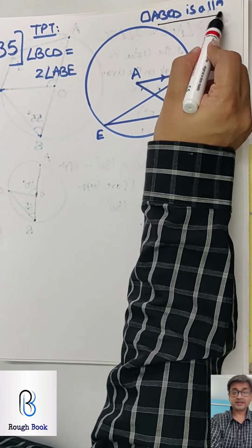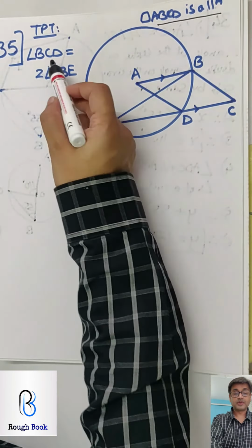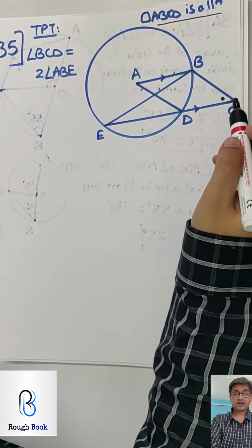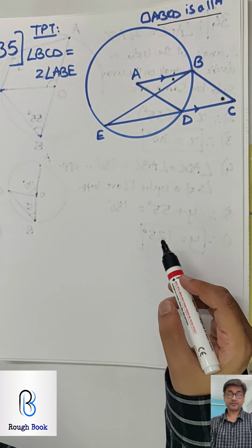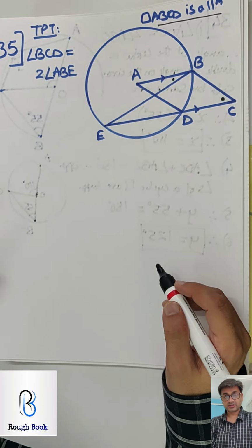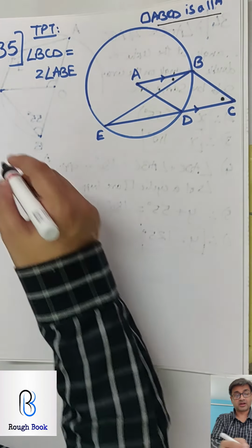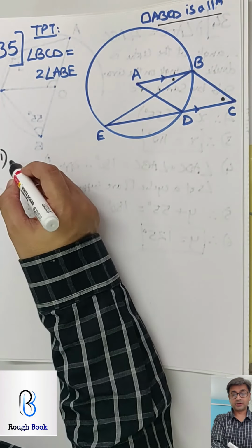They say ABCD is a parallelogram. Okay? Remember that it's a parallelogram. You have to prove that BCD is double of ABE. This is double of this. It's very logical. So it will help you to build your logical skills. Pay attention and I will make your life simple. Step 1. Be with me, okay, and you will get this.